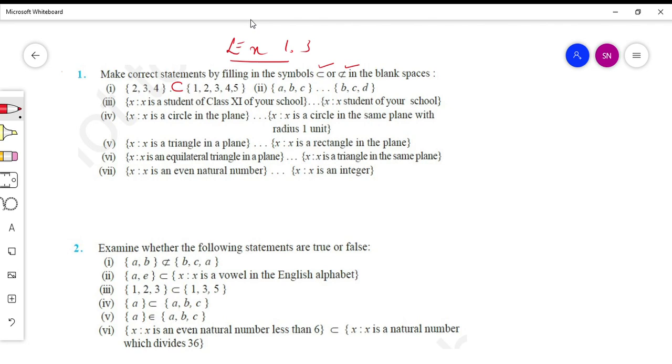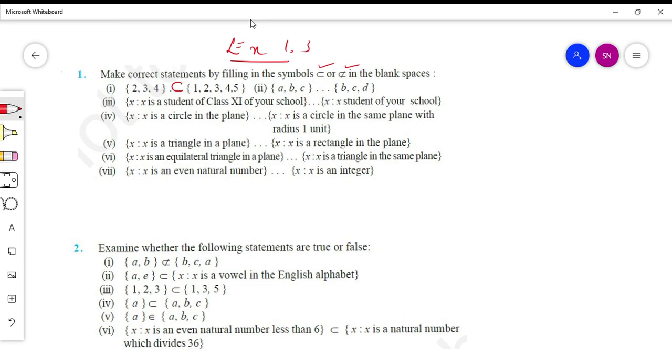I have set A as {a, b, c}, okay, dash, set B as {b, c, d}. Now you would ask me, here set is not mentioned. Set A and set B is not given to us. How do you tell that set A is {a, b, c} and set B is {b, c, d}? Always understand, my dear learners, if nothing is given, I can assume, okay, but retaining the concept of whatever I have already learnt. So set A can be written as flower brackets, whatever elements inside the flower brackets separated by comma, correct? So that concept is cleared.